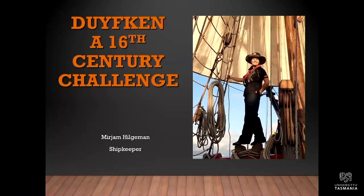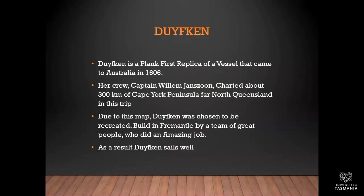Australia. They had a bit of a challenge on their hands because they thought it would be a fantastic idea to try to make it exactly the same as the original one. So she's a plank first replica. The crew that came to Cape York Peninsula was led by Captain Willem Janszoon, so not Mr. Cook. Anybody who thought that Cook was one of the first, he was one of the last to actually chart